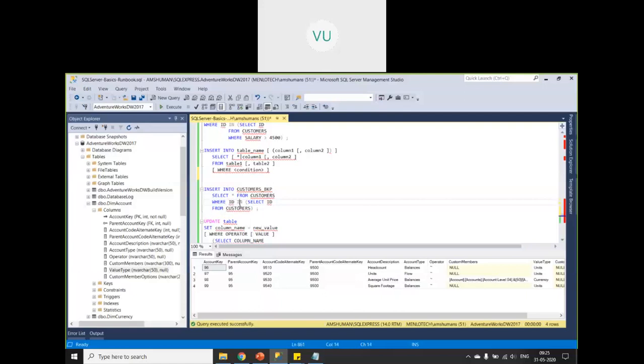So where ID in, and again one more query is there, a subquery: select ID from customers.